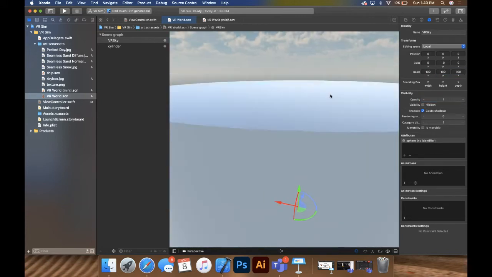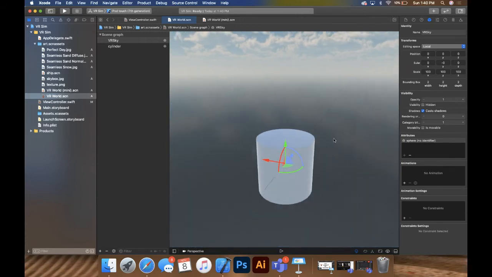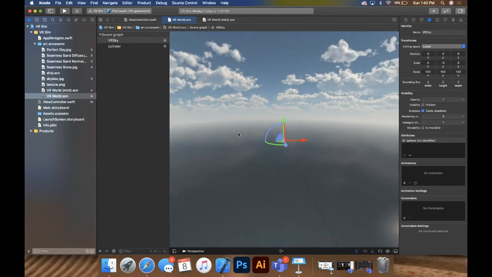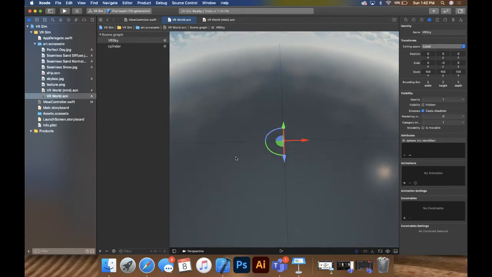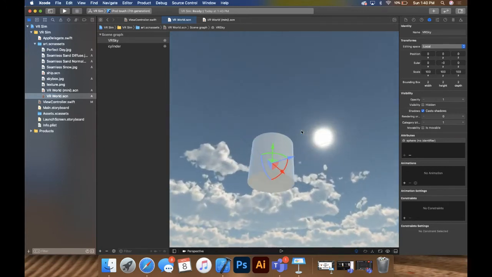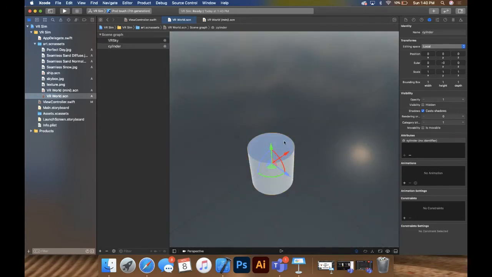Cool. So that made our world a lot bigger. You can see now our cylinder easily fits inside of our world. And if we zoom out, you can see that this world is definitely a lot bigger than it used to be. So let's click now on our floor. Again, we'll click our cylinder, and on the left-hand side, let's click it,